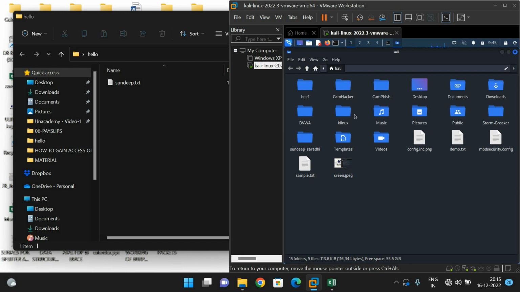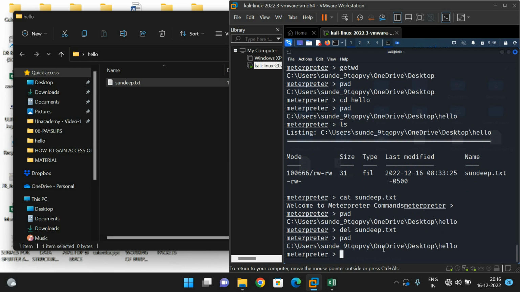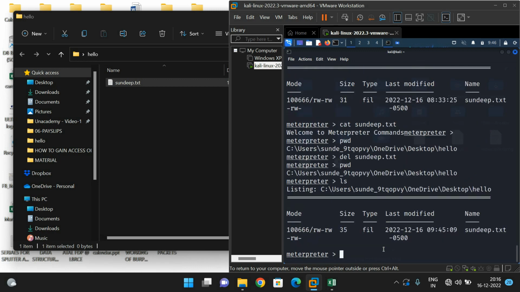So you can observe here there is no file in this particular folder. So this is the attacker system, right? So here we are not having any file. Now let us check. See, here we are not having any sundeep.txt. Now download sundeep.txt. Because already we are in the hello folder, if you find the list of files, we are having sundeep.txt. Simply you can download it. So download sundeep.txt,